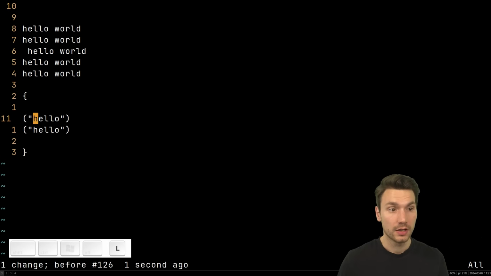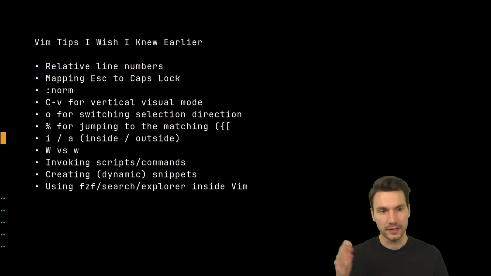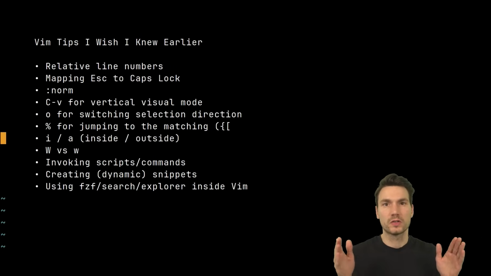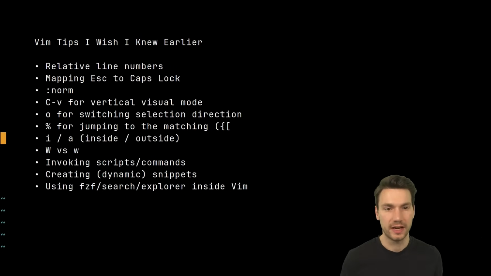So that's really cool. Both that difference with I and A, depending on whether you also want to select that surrounding character. Depends on what you do. So again, these typical ones are there. Another interesting tip is that I don't use that often, but it's very good to know, is the movement with